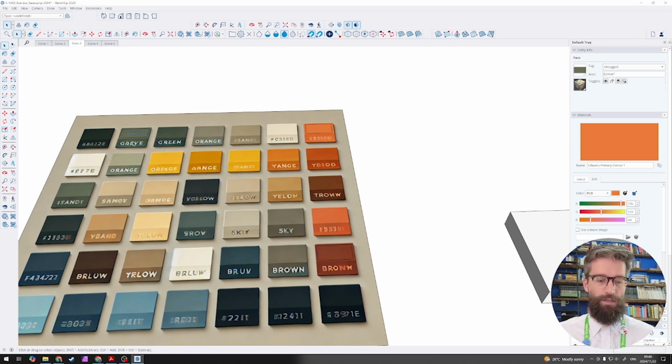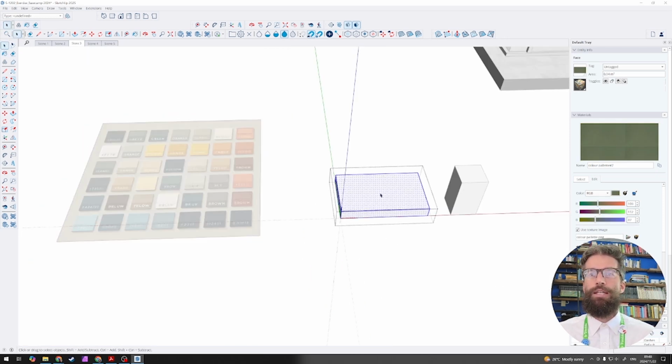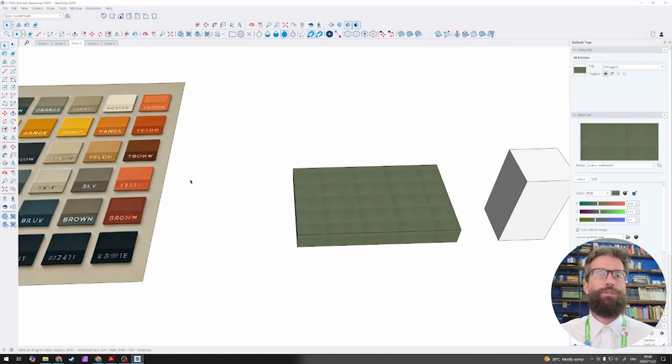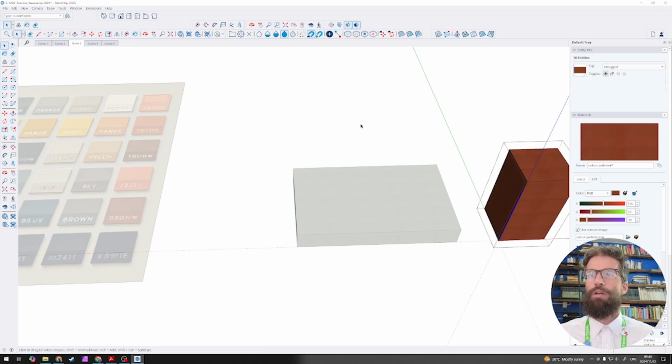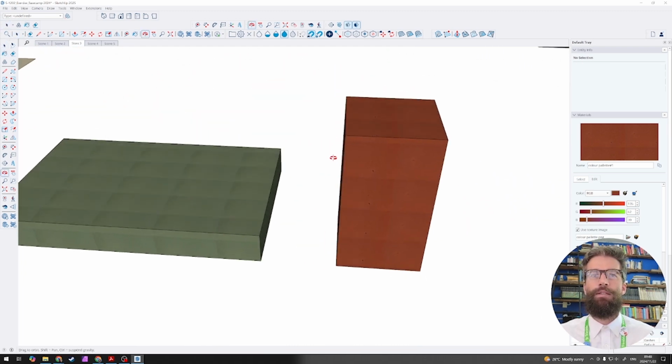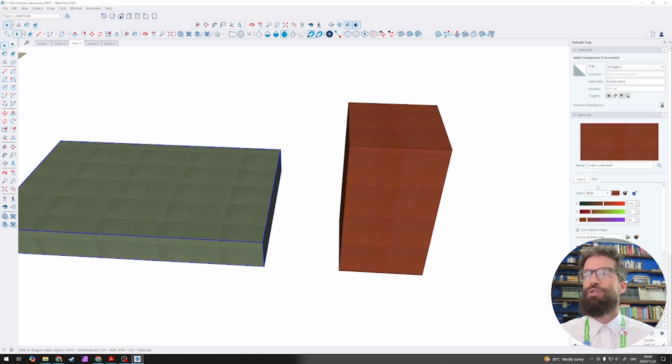And let's make that a unique texture. Let's sample the green. Let's go into this component and stick the texture on. That tiles horribly. We'll do the same for the brown. Again, that tiles, though here it doesn't tile that badly. But what we're going to do is turn the texture image off, and the same for our green,